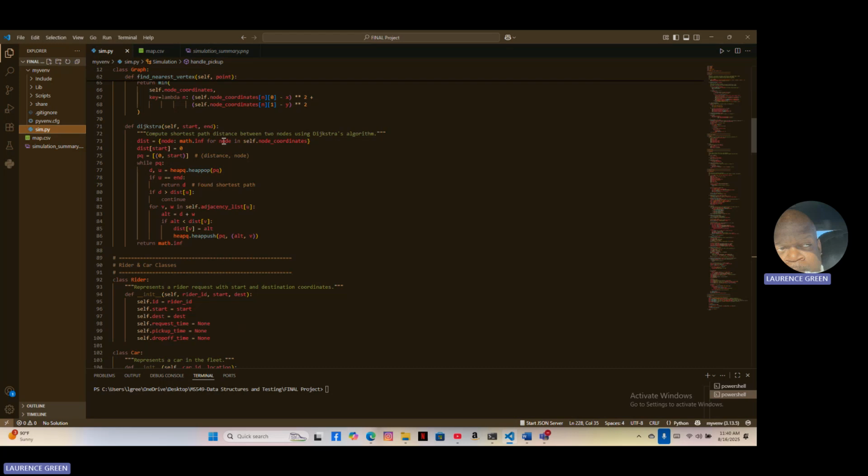So now we ran that to compute the shortest path between two nodes using the Dijkstra algorithm. What we did was we basically went down to the quad tree,